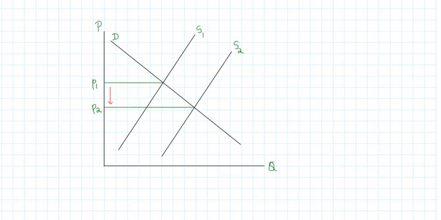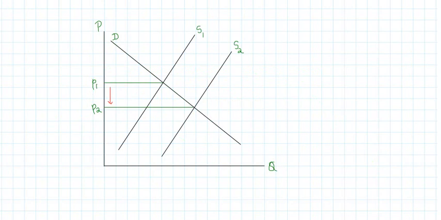Now you can understand this process in this diagram. So this is the diagram for output market, and at a constant demand curve we can see that supply is shifting from S1 to S2. This reflects that the total output in the market or in the economy has increased. Now because supply is increasing, there is a rightward shift in supply curve from S1 to S2. This is leading to a fall in the price level of output being produced from P1 to P2. This means that the overall price level of output has fallen.